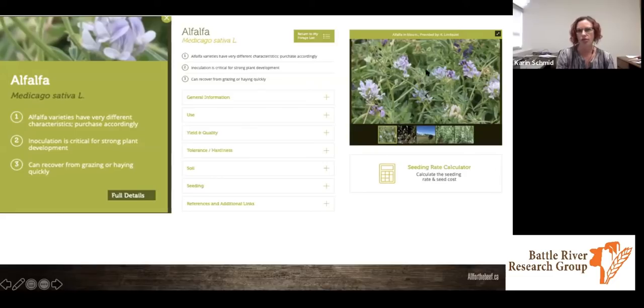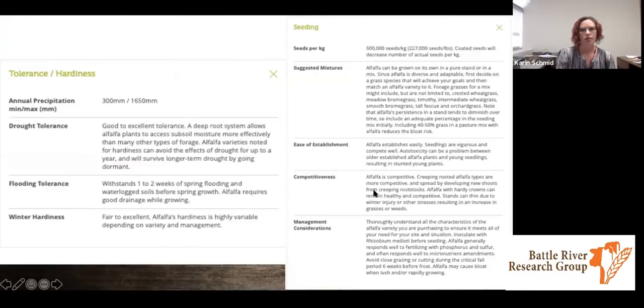And it also gives you pictures to show you what the species looks like. And again, at any time you can return to the list of forages to click a different species. And right from this page, you can also move to the seeding rate calculator, which I'll talk about in a minute. So here what I've done is just expanded a couple of the information boxes, the tolerance and hardiness boxes